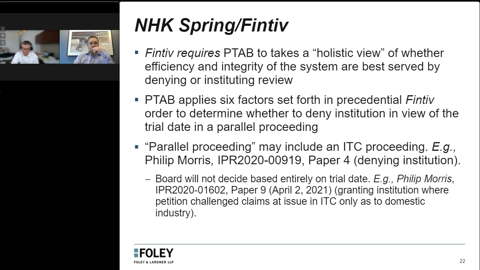One factor that has been particularly controversial, I think, is the extent that this applies not just to district court cases, but can also apply to an ITC proceeding. This was born out of the original Fintiv order, which mentioned, really what could be regarded as dictum, that a parallel proceeding would extend to an ITC proceeding. There have been several follow-up cases where the board has followed that and denied institution because of a parallel ITC proceeding, which almost always is going to have a trial date that is well before a final written